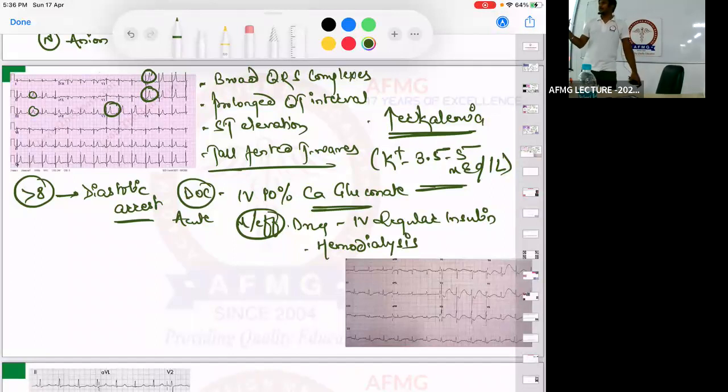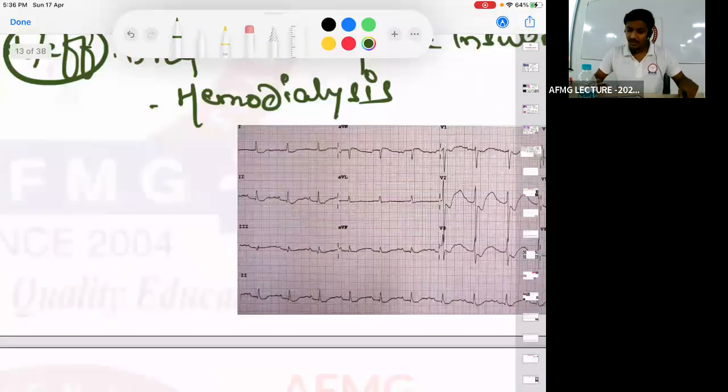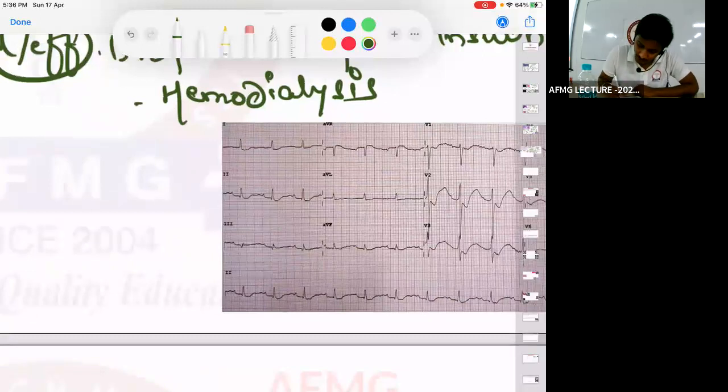No issues with this. Hyperkalemia done. Next, ECG shows us what? So here you can see the ECG. First of all, it shows